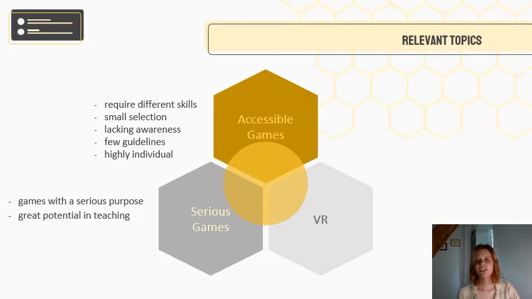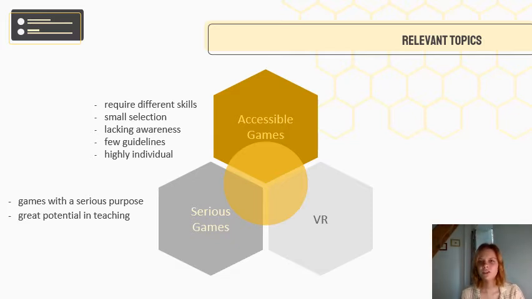Additionally, the selection of accessible games is very limited. Accessibility features are usually implemented for research purposes, and the games are only available as prototypes. So mainstream games often don't really care about being accessible, and that is attributed to the fact that game studios and developers either think it's not worth it or just don't think about accessibility.